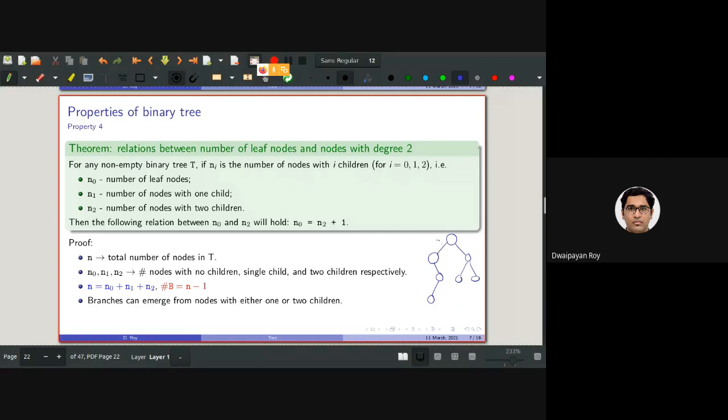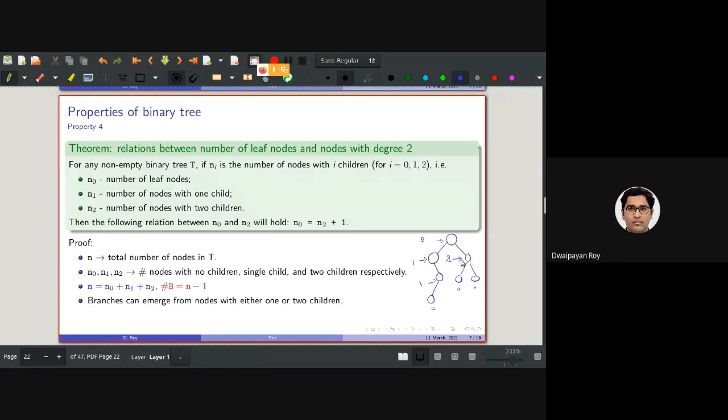Considering this, it contains 2 branches. Considering this, it contains 1 branch directly from it. Considering this one, this is again containing 1 branch. Considering this one, this is 1, and this is 0, 0. This is again 0. So 2 plus 1 plus 1 plus 1. Sorry, I missed some place. What am I missing here? Can you please point it out? The right side node has 2 children. Oh, sorry. Excuse me.